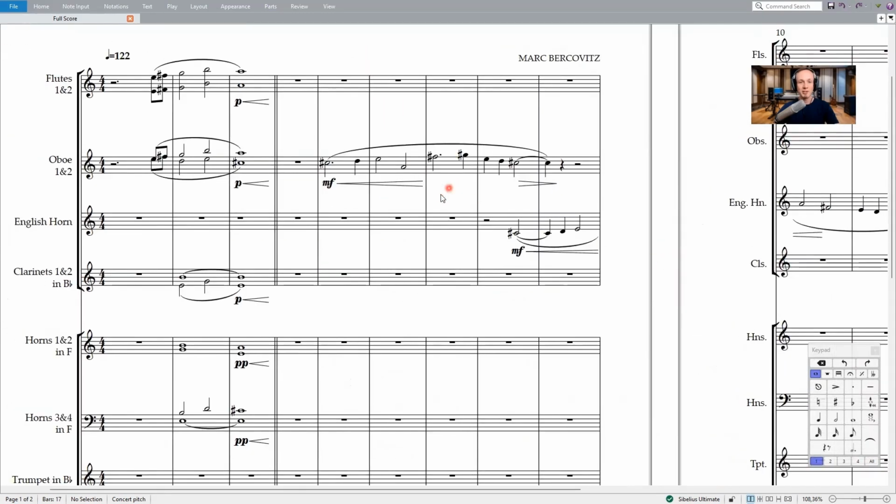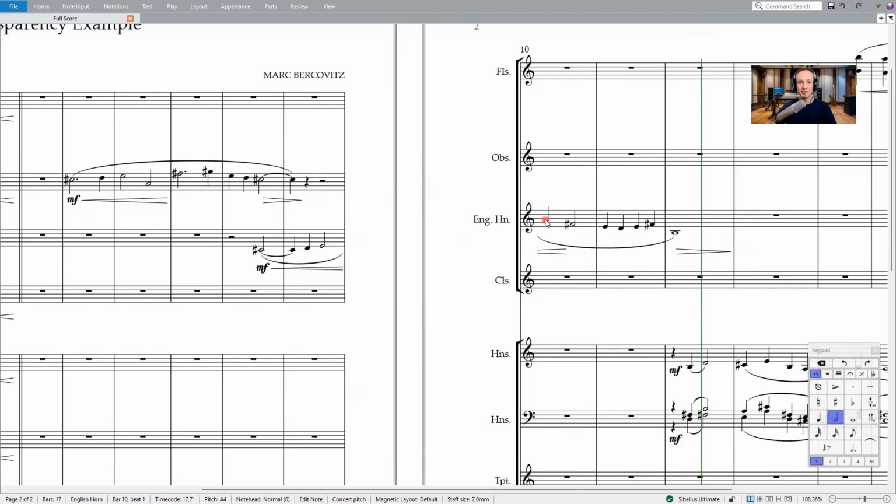Okay. Especially when we get close or in fact on this pedal tone with this A here and also this